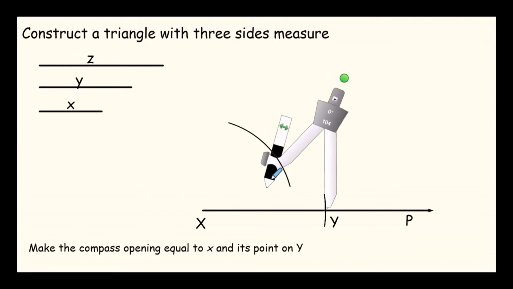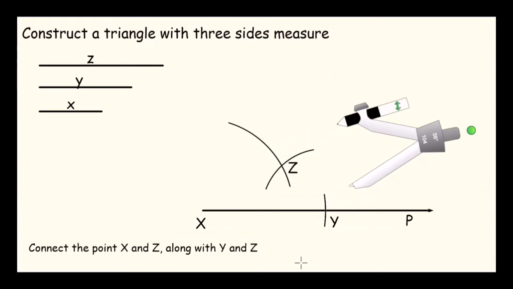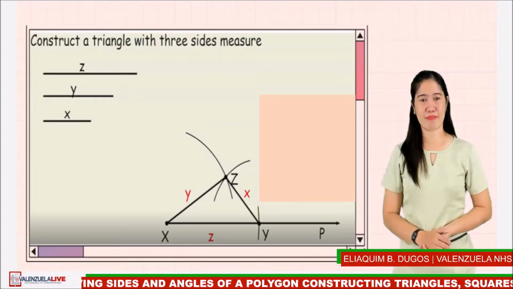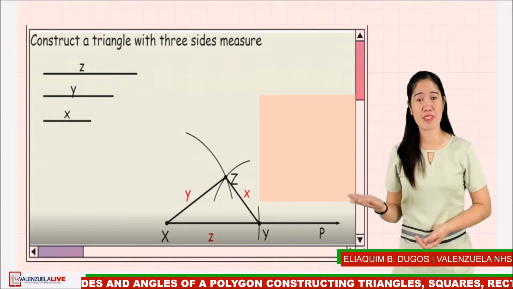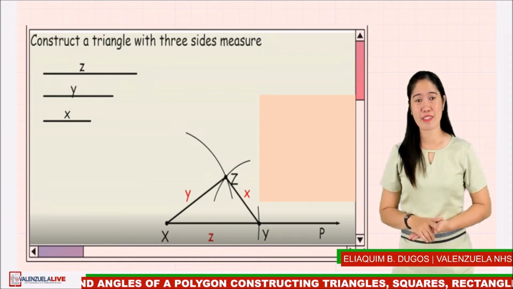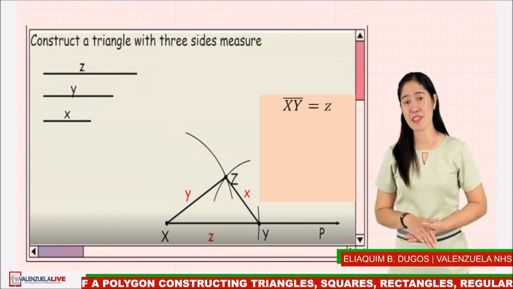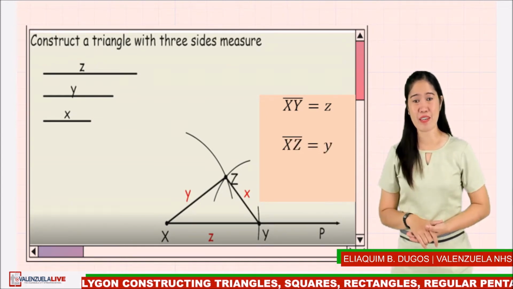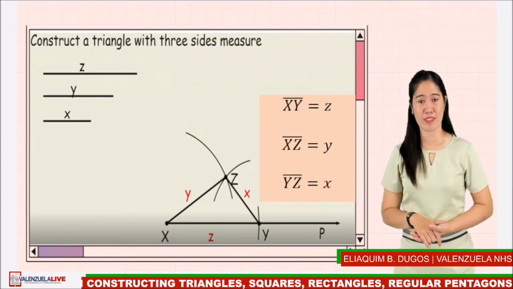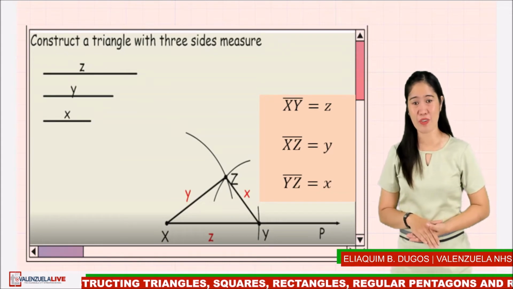Draw an arc. Connect the points X and Z, along with Y and Z. Here's now your triangle XYZ. As a result, segment XY is equal to Z, segment XZ is equal to Y, and segment YZ is equal to X. The next is constructing